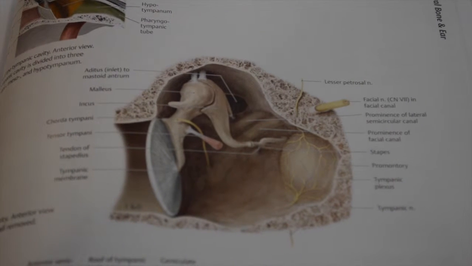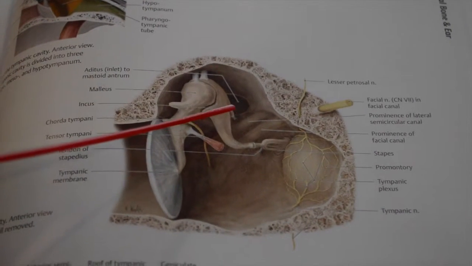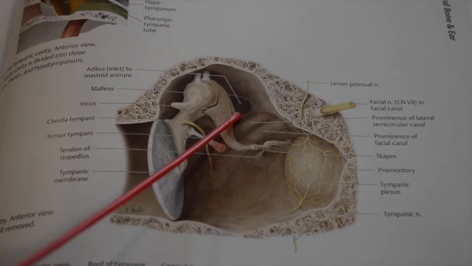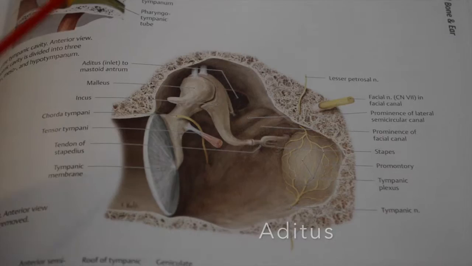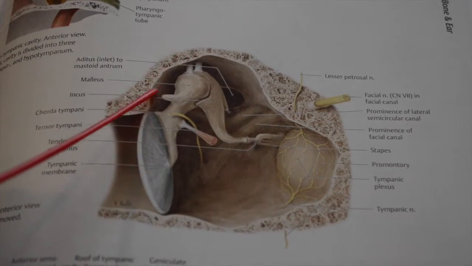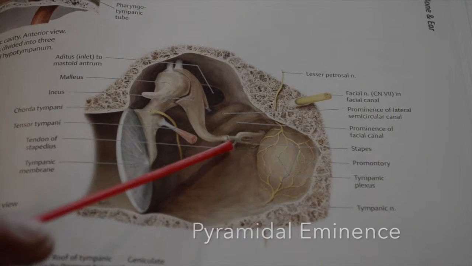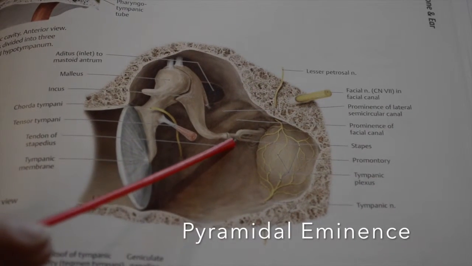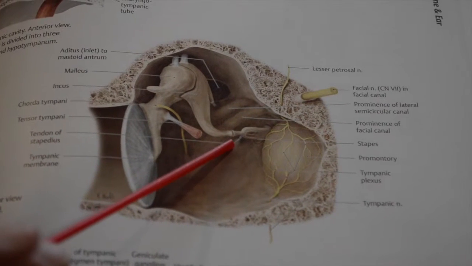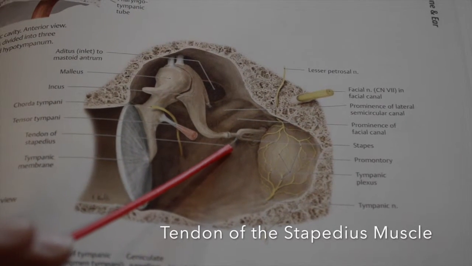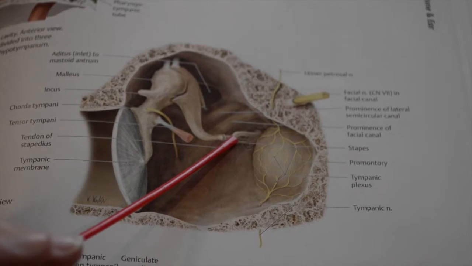Lastly, we're going to talk about the posterior wall. The posterior wall is also referred to as the mastoid wall because it has the entrance to the mastoid air cells called the aditus to mastoid antrum, which is the big hole in the top, part of the epitympanic recess. Then we have the pyramidal eminence, which is this pyramid-shaped object over here. The tendon of the stapedius muscle, which is housed inside the pyramidal eminence, then goes to connect with the neck